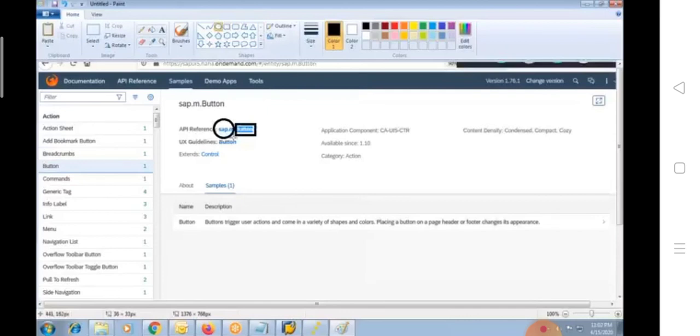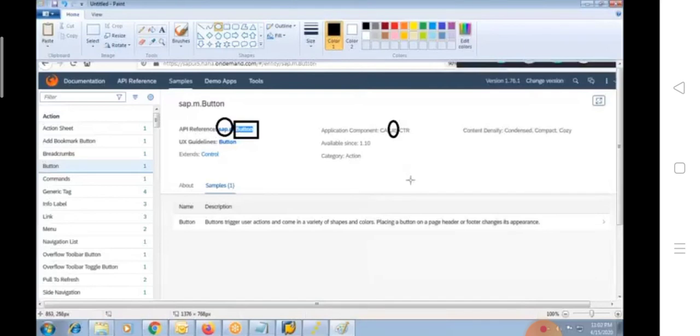Under this library, I'll explain in detail. Other people, you need not worry. When I go with the documentation, when I start Fiori, I'll introduce what is a class, etc. But for doubt clarification, I'm going with this one, button, and button is part of so-and-so library, but it is technically part of the UI5 framework itself.